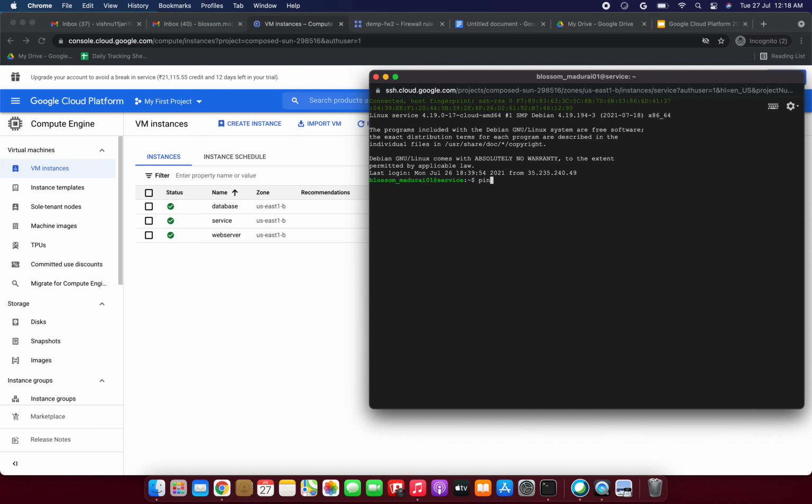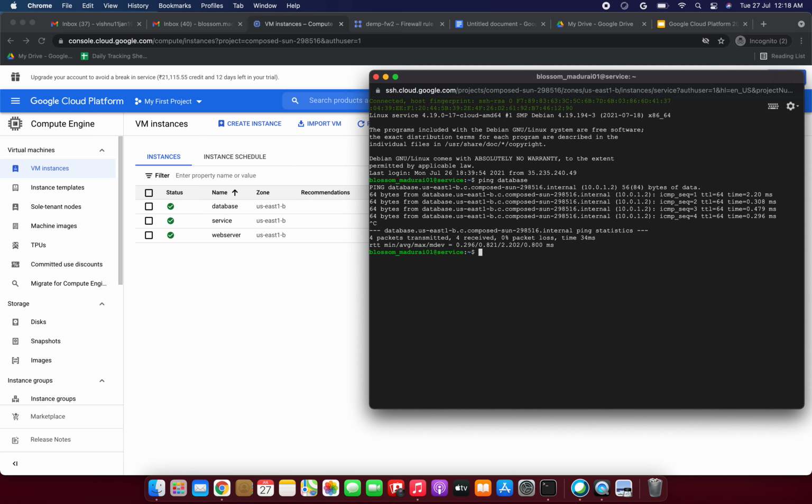So you need to say the answer, whether it will reach or not. So you need to say the answer, friends. If you are following, you can definitely say the answer. The answer is yes, it will ping with 0% packet loss. Okay, because we didn't block this IP, right? We didn't block this service IP, we have blocked the web server IP only.